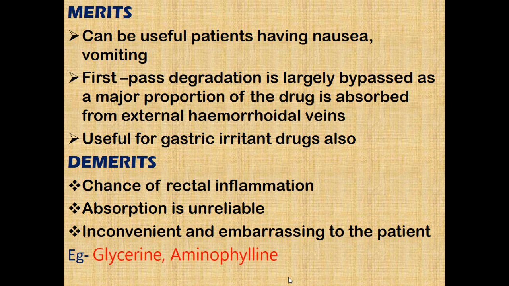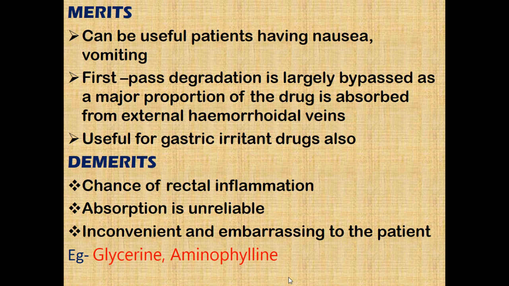Then you can think in what patients we cannot use the rectal route. It's simple: diarrhea. If any person has diarrhea, you cannot use it. Nausea and vomiting patient, you can use the rectal route. Diarrhea patient, you can use the oral route. Simple. Then first pass degradation is largely bypassed as a major portion of the drug is absorbed from external hemorrhoidal veins. If you can't remember this big sentence, just write it is devoid of first pass